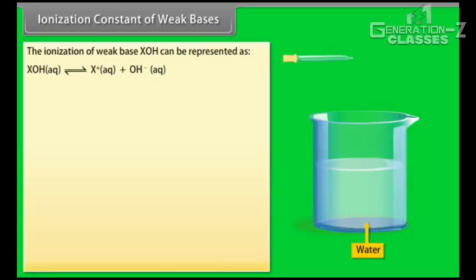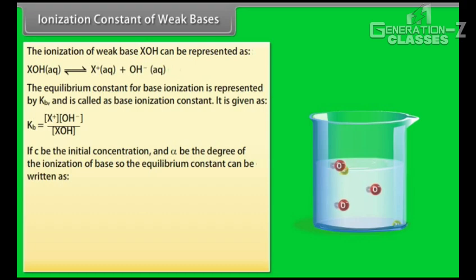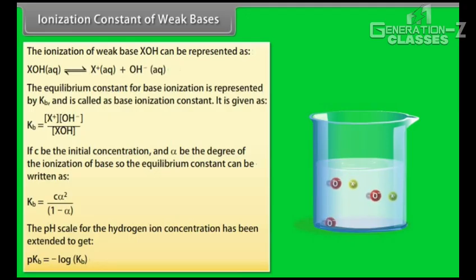Ionization constants of weak bases. The ionization of weak base XOH can be represented as follows. The equilibrium constant for base ionization is represented by Kb and is called the base ionization constant. If C is the initial concentration and alpha is the degree of ionization of the base, the equilibrium constant can be written as Kb is equal to C alpha squared by 1 minus alpha. The pH scale for the hydrogen ion concentration has been extended to get